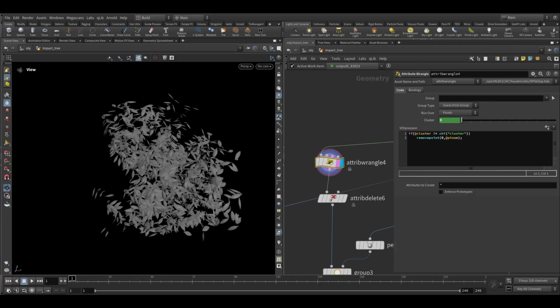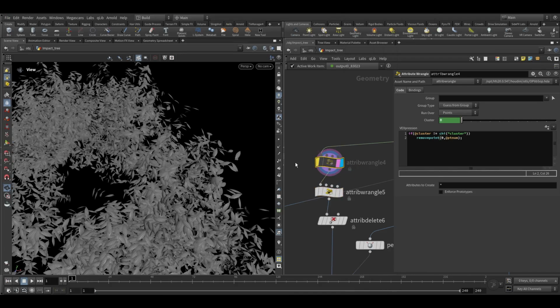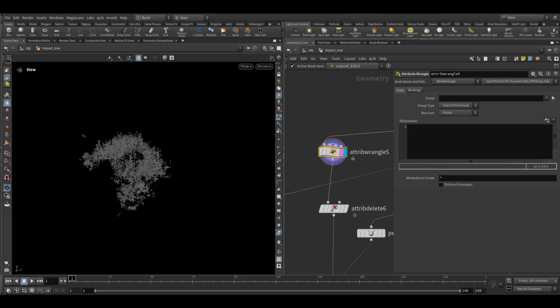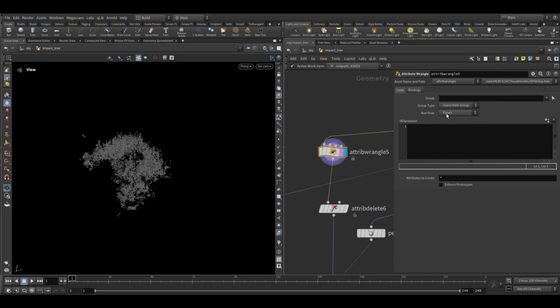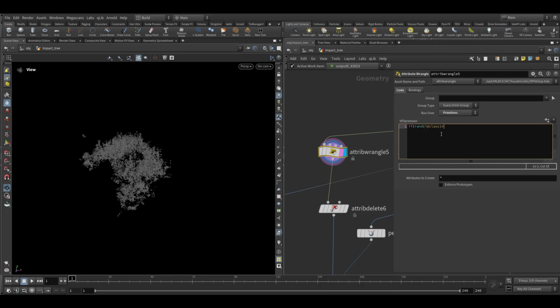here we don't need this cluster part. Instead of this, we have to use another wrangle node and turn off this, or else you can delete that. Here we will delete randomly based on class attribute. So to do that, first since we have class attribute on the primitive level, so set the run over type to primitive, and here if we will write a random function